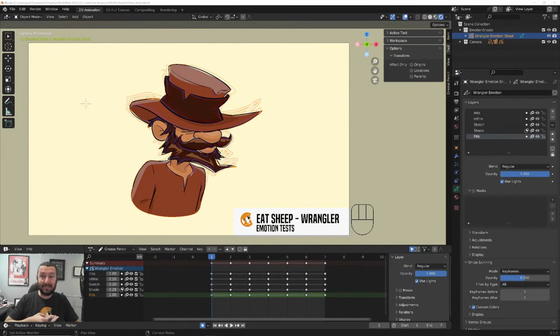Based on a question from last week, which was a really good one, I decided to look at keyframes, something I haven't looked at in Grease Pencil yet because I'm not technically an animator. I'm not really good at that. But keyframes have more functions than just straight animation. So I am going to show you today how I utilize keyframes for the purposes of presenting and creating concept